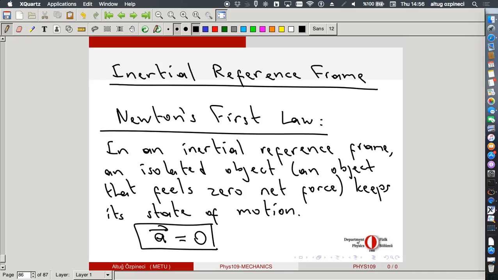For example, now we know that we have the special theory of relativity, which tells us that Newton's laws are not so correct if you are talking about a reference frame that moves at large speeds relative to the other. Then Newton's laws are not correct anymore. But the special theory of relativity also explains why Newton's laws were believed to be correct beforehand, because we never experimented with objects moving very fast. So as long as the objects are moving at small velocities relative to each other, special theory tells us that Newton's laws should be valid.